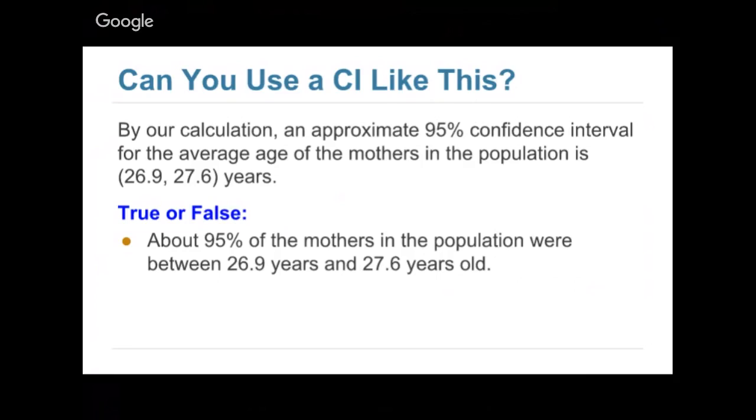We're just 95% confident that the population mean is inside whatever interval those estimates give. We're just 95% confident. We know that's not 95%. We know that's not true. What it means is